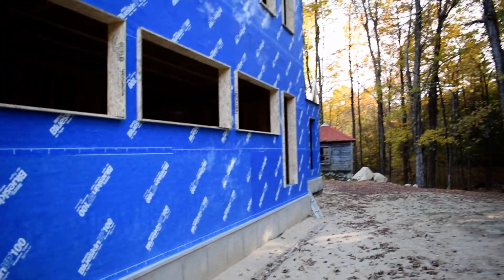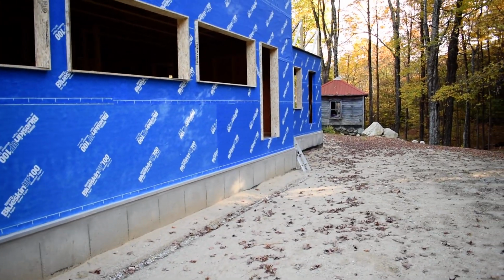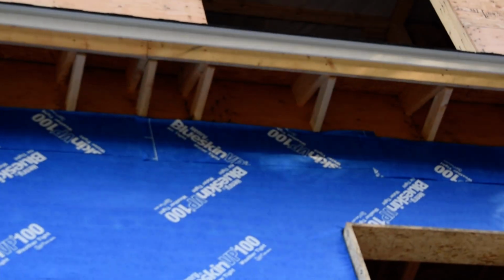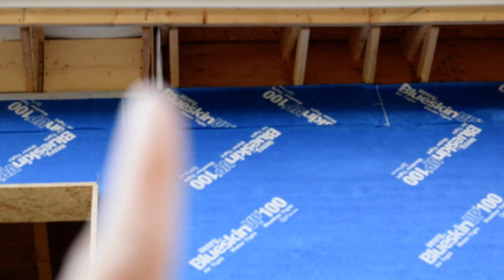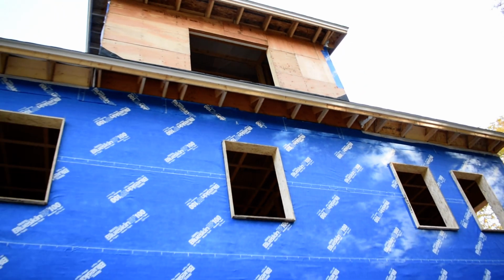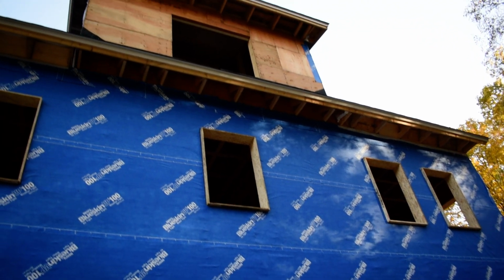Now back here, these all get padded out with the window bucks, just the same. All the Blueskin's done. This is one area that we're gonna have to address, but there should be Blueskin under that eave, starting right there. Whoop. Starting right there and going all the way to the end right there. And they didn't put any on before they put the roof in, so we've got to figure out how to get that air seal through that space, otherwise that bathroom wall is going to be draft prone,